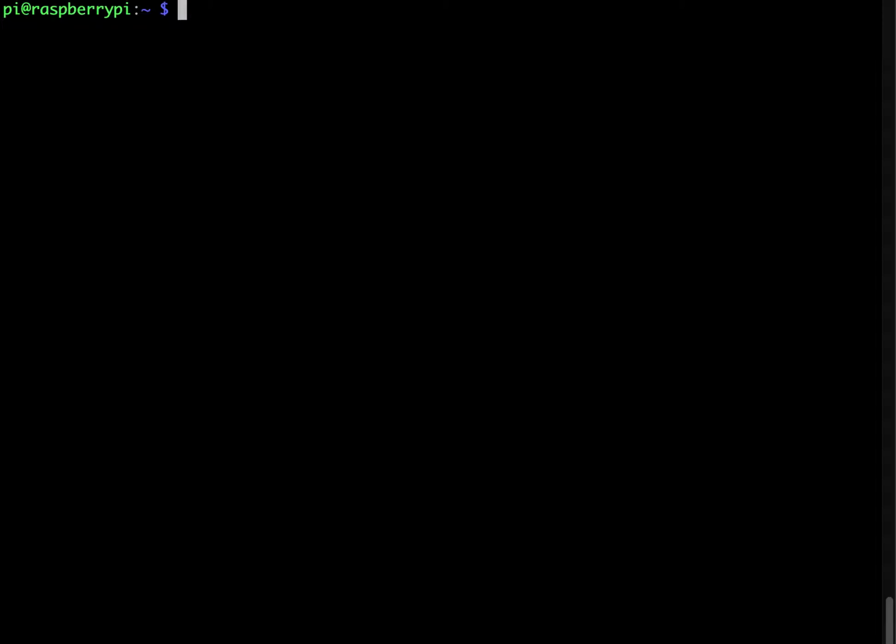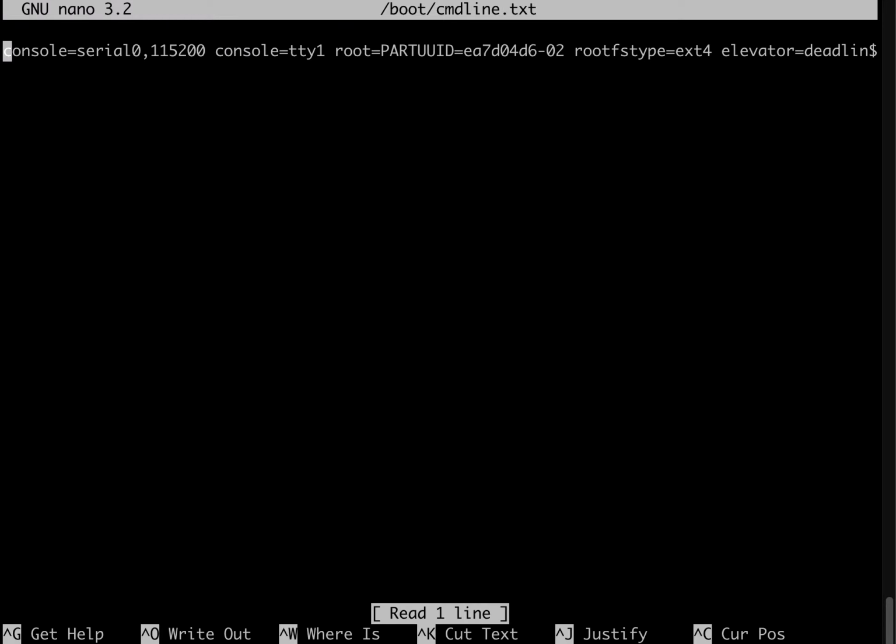So what we are going to do is nano into the following file here, and we're going to hit the down arrow, then hit the left arrow to get back on the first line, because this line has to be one complete line. So we're going to do a space, and we're going to type in smsc95xx period